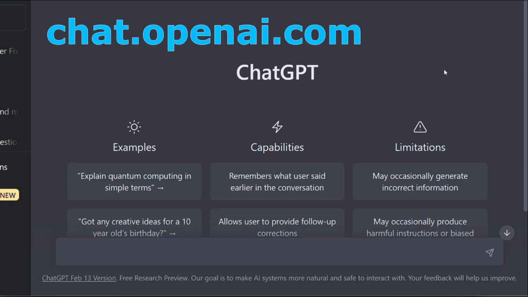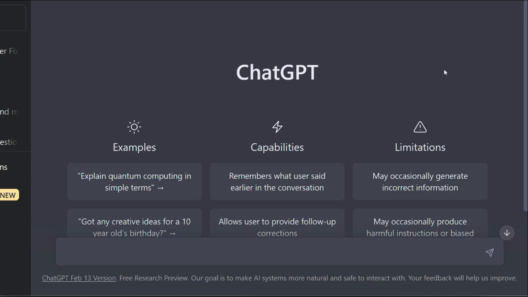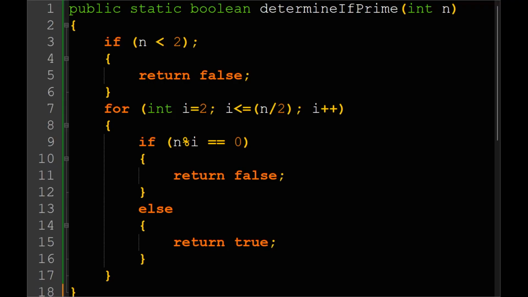ChatGPT is an artificial intelligence that predicts text and responds to users' input. Here I'm going to test out its capabilities for both debugging some Java code and writing or synthesizing new Java code. My first task for ChatGPT is to ask it if it can help me figure out what's wrong with